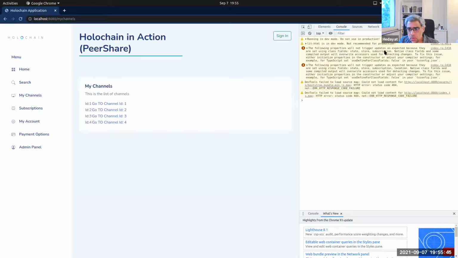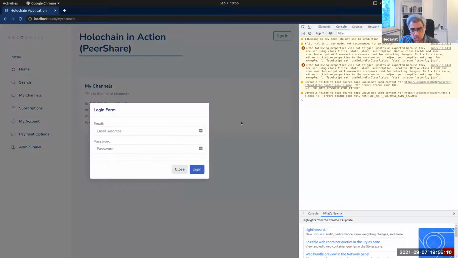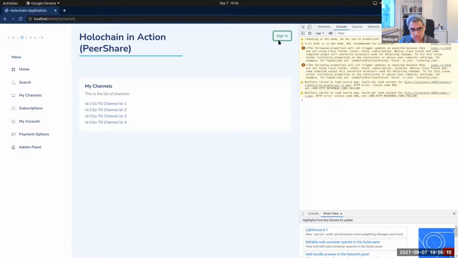The following property update, because use define for class field. So if it is signing, it's supposed to be changed, but right now this state management is not properly working,